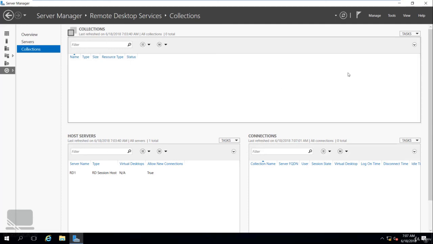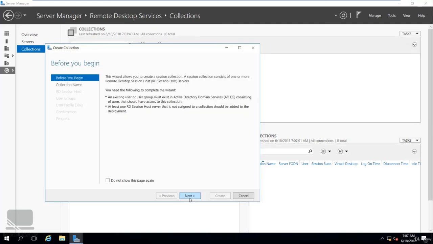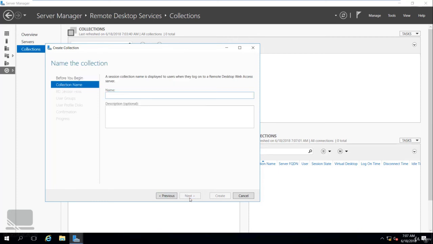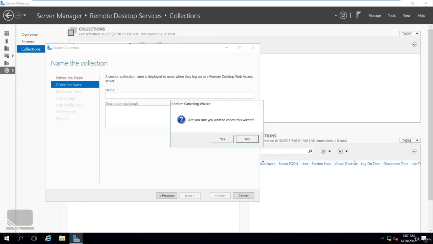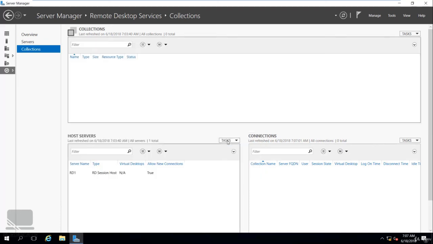You can click here on Tasks and click Create Session Collection and go over the collection installation or configuration. We'll talk about collections in a separate section in the course. So let's cancel this now, and now everything is fine. So here is how you can create a standard installation or the standard deployment for